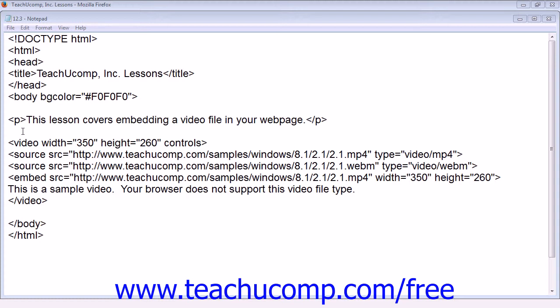This example shows the video start tag with the width attribute set to 350 pixels, the height attribute set to 260 pixels, and the controls attribute. We have the source element with the source attribute pointed to the location of the video file, the type attribute with video/MP4 as it is an MP4 file,